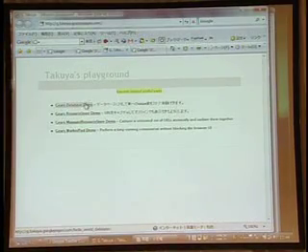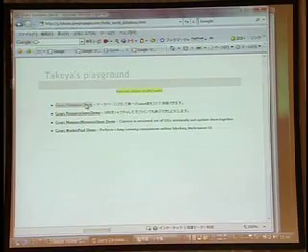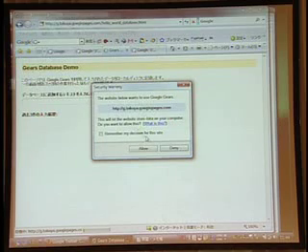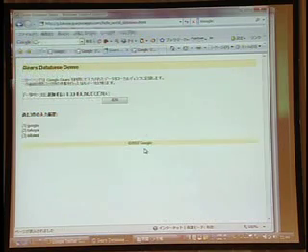This is a sample application that we are providing. It asks you, is it okay to make use of Google Gears? So you click OK. Let me clear the field. Think of it as a simple database application.